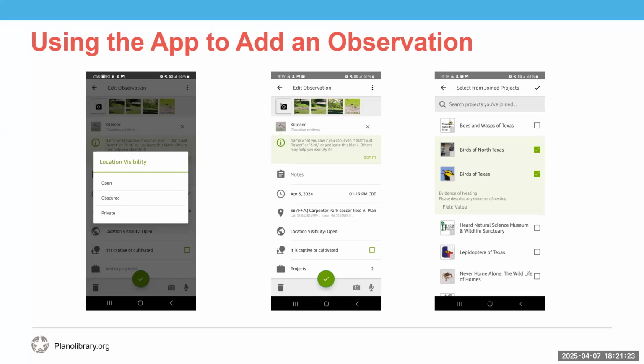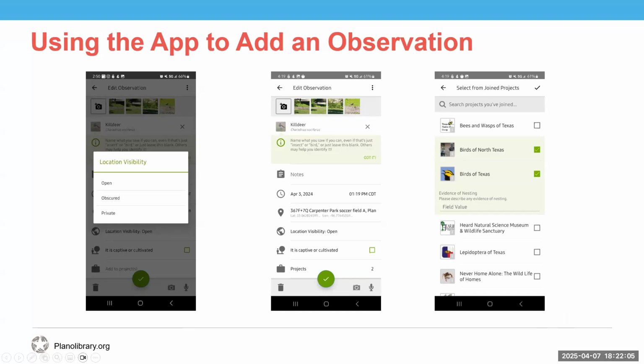And if you're submitting an observation of something intentionally grown, like some landscaping or at an arboretum, or an animal in the care of humans, like at a zoo or a wildlife refuge, you're going to want to click the box next to, is it captive or cultivated? Otherwise, if you just submit an elephant you saw at the zoo, it might appear that there's elephants hanging out by the Trinity River in Dallas. Now, projects, we're going to go into that in a moment, but at this time, you will be adding projects to your observation. And then you'll click that green circle with a check mark to submit your observation.